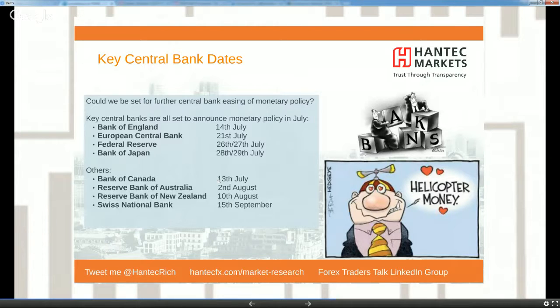European Central Bank, 21st of July, a week later. Again, I'm not entirely sure whether they would move before the Bank of England. Again, it is possible, but whether they would or not, I think. The Federal Reserve meeting, 26th, 27th of July, is a non-press conference meeting. Obviously, in light of Brexit, a rate hike from the Fed is now ruled out, as I showed you on those CME Group FedWatch, which are the market rates. That's going to be non-existent for a rate hike there.